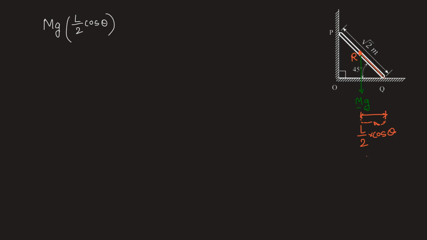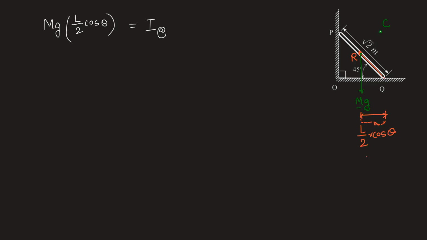For equilibrium, at this instant, the moment that is causing the rotation should be equal to the inertial capacity of the rod, and that will be calculated using the mass moment of inertia of the rod, not about its own center, but about the point about which the rotation is taking place. Rotation is actually happening about the instantaneous center. Let's name it C, and therefore the mass moment of inertia will also be calculated about C.